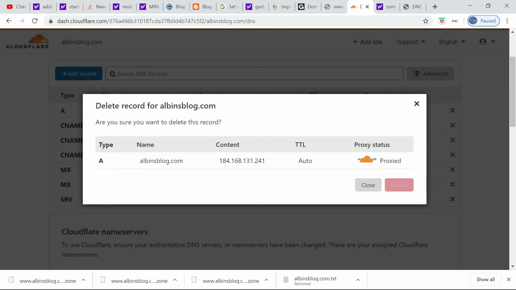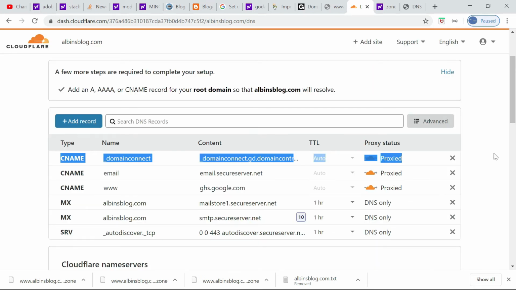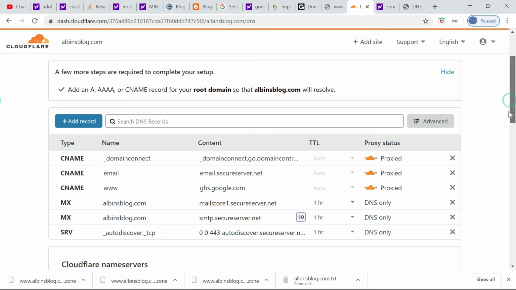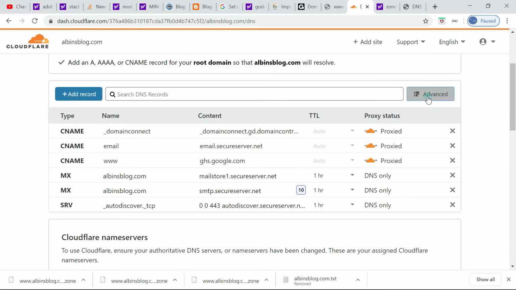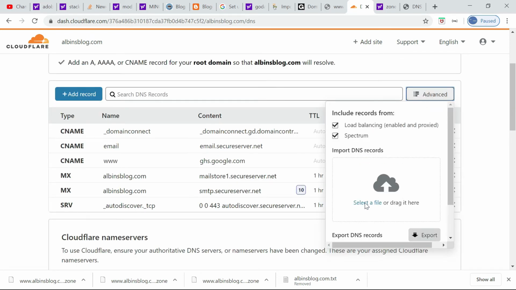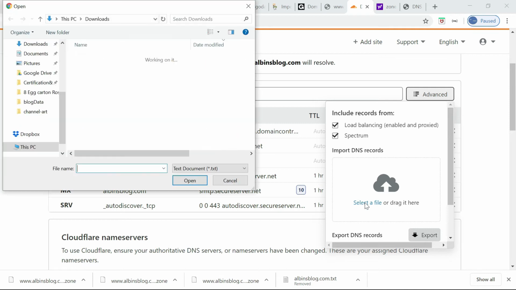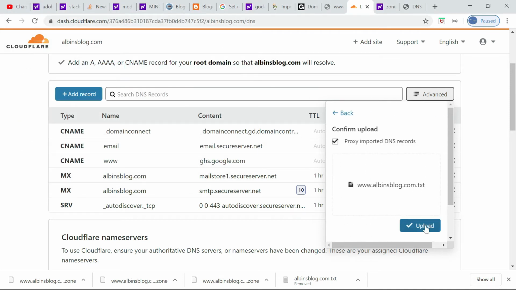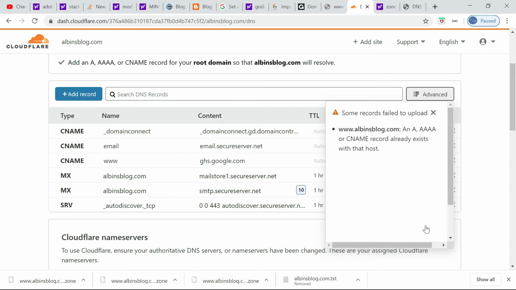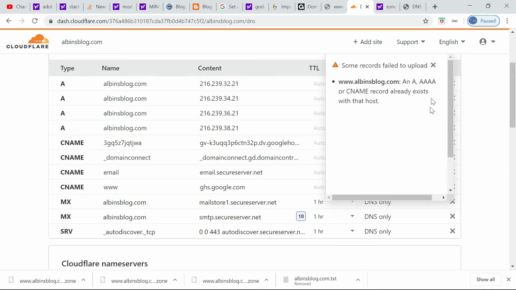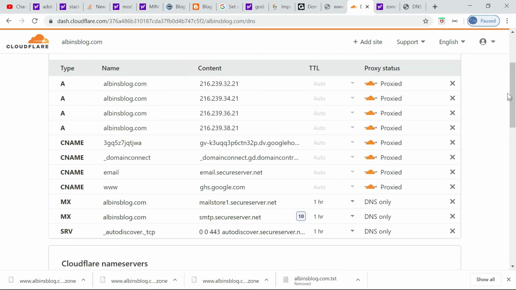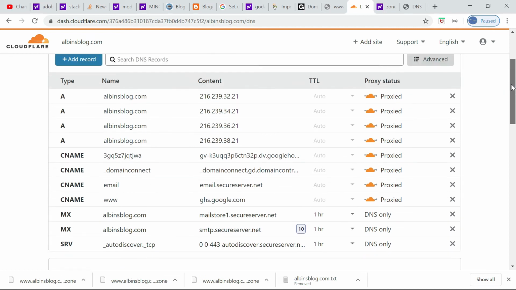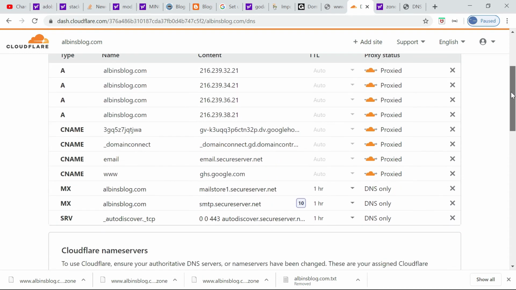So again, import the zone file here, the same zone file. Select it, upload it. Fine now. Some records already existed, so they got ignored. That's fine. So now all my A records and CNAME records are pointing to Blogger.